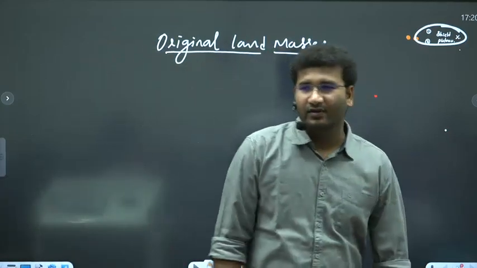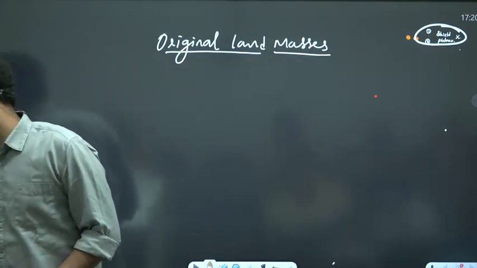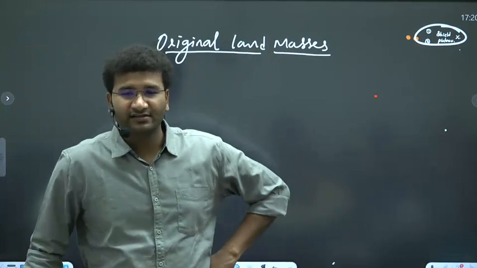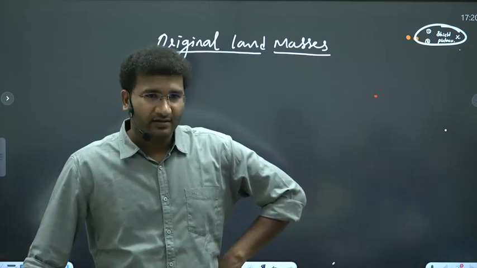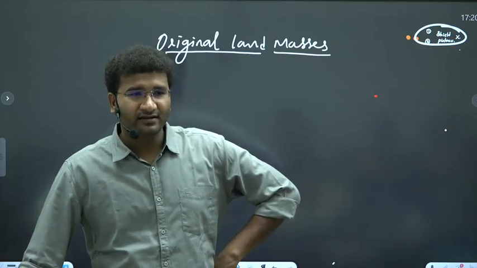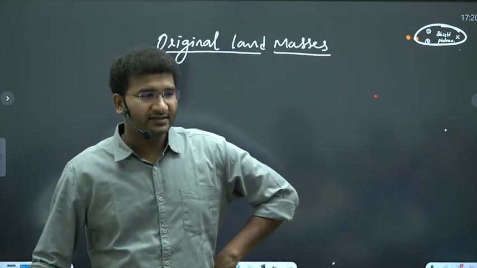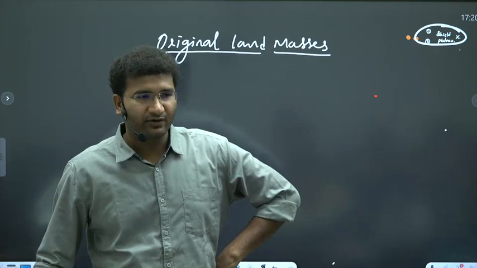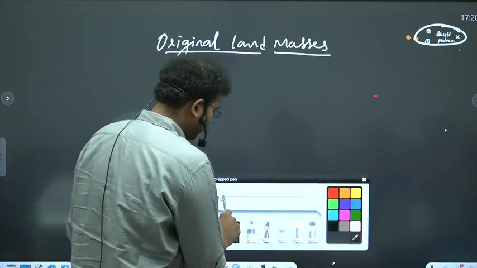ठीक है, और प्राइमरी लैंड मासेस. Original land masses or primary land masses are considered to be the first land masses that are formed on the earth. ठीक है, they are none other than cratons. ठीक है, a craton has two major landforms, that is platforms and shields. So look here,